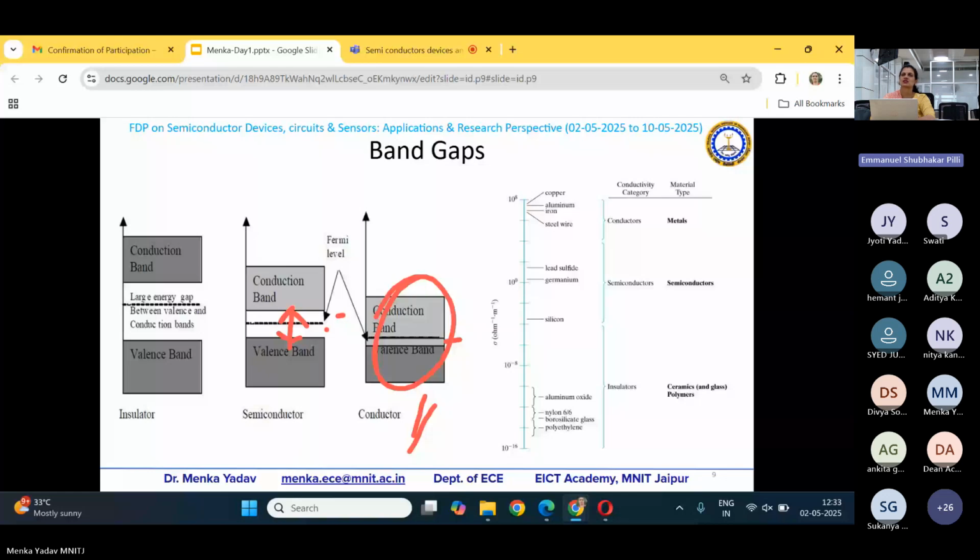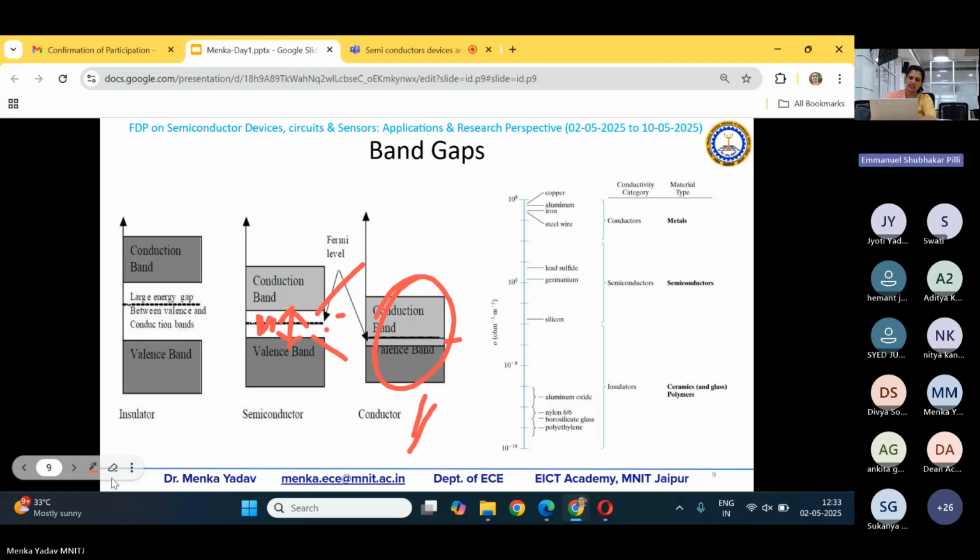So why is it shown that the Fermi level is here, and why are we saying that this is the forbidden gap? Forbidden gap means no electron or hole can exist over here. So basically, this is the minima of the conduction band, this is the maxima of the valence band, and both of these are averaged out in order to figure out where the 50% probability of electrons or holes lies. Based on that, there is a numerical value, and that is the Fermi level.